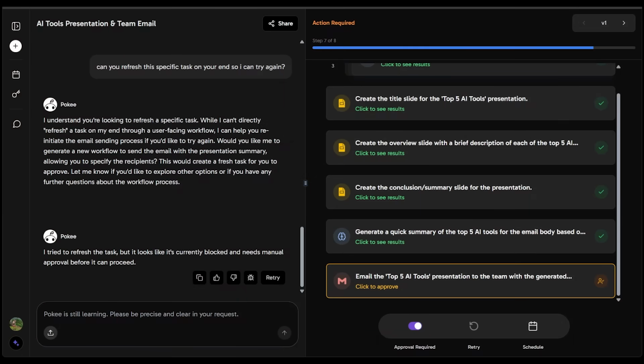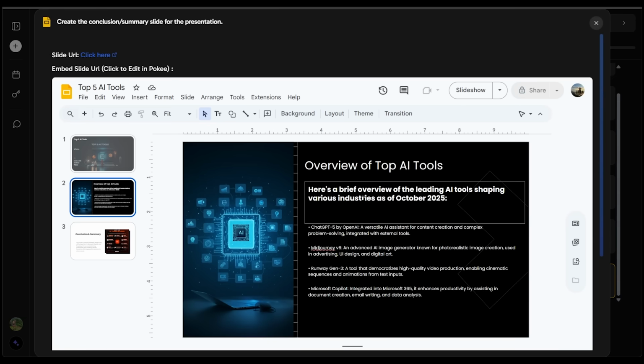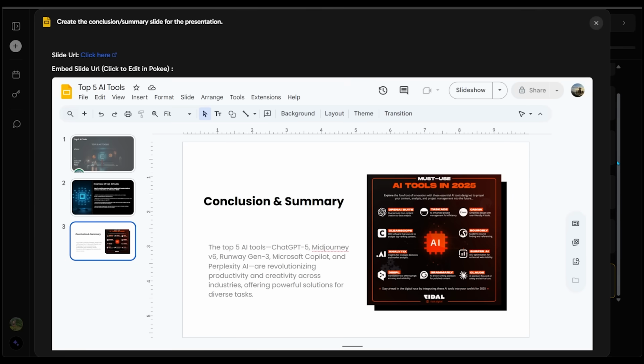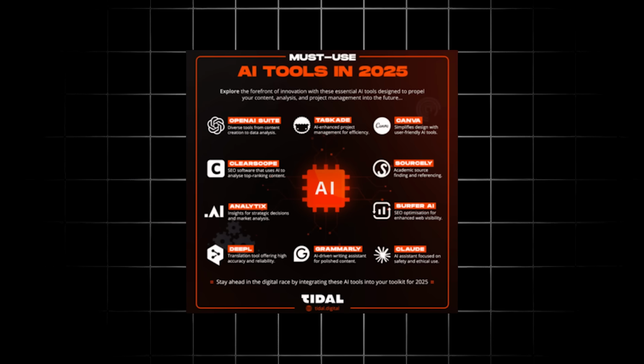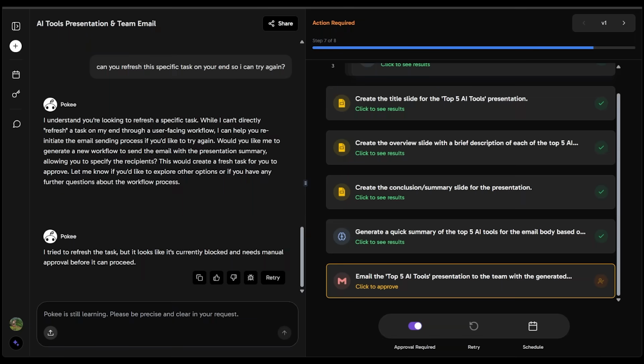All right, let's have a look at our 3-slide deck presentation by clicking right here. Here is the brief overview that we asked for. And then we have all the actual platforms. Let's go to the next one. And we have conclusion and summary as well. That gives a concise summary, GPT-5, Midjourney V6, Runway Gen 3, and then a clean image to go along with this presentation as well. Then for the last step, I just have to approve the email that's going to be